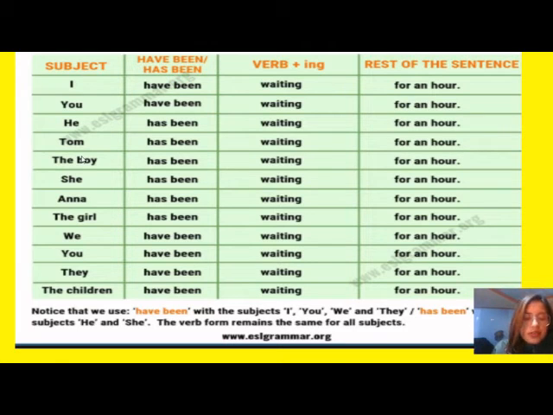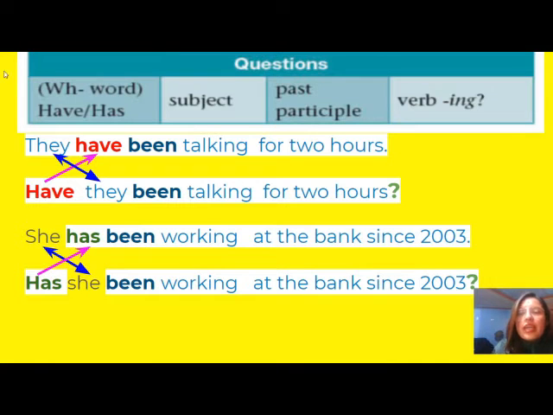This is so important. Now, in questions, in WH question or with a yes-no question, cuando usamos la WH question, va primero la WH question, and then the auxiliary has or have, después el sujeto, past participle, verb being, and the verb with ing, and don't forget the question mark, okay? For example,